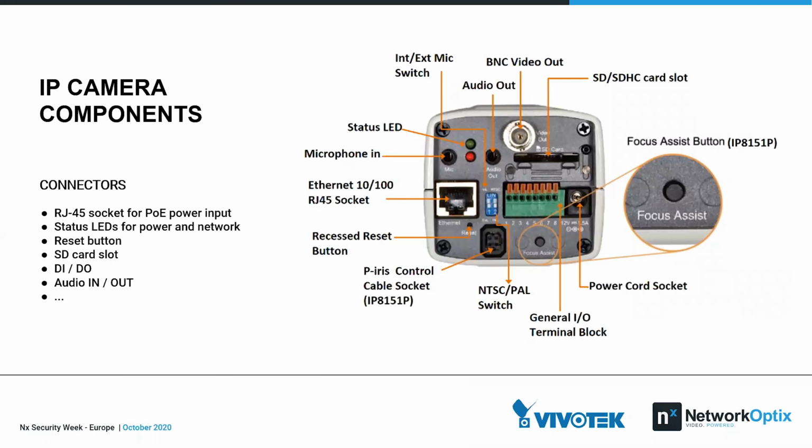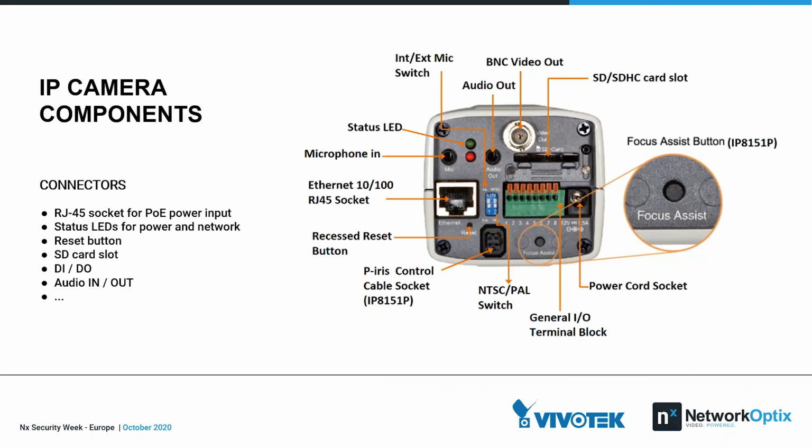Then it has many connectors. Here, for example, it's a box camera. At the back of the camera, you will find a lot of different connectors. The main one you will find in all kinds of cameras on the market is the RJ45 socket. Why? Because it's what we are going to use to transmit the data over the network through Ethernet. And it's also used a lot in every kind of installation for PoE. It means sending the power over the Ethernet cable to the camera,